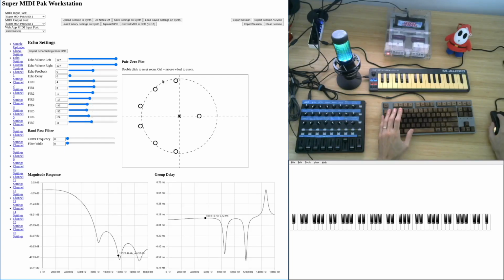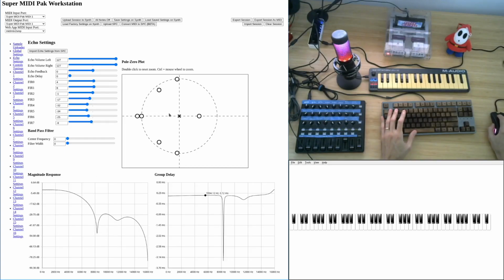So what I've done here is I moved the zeros all to the high frequency components of the frequency spectrum. And that was very simple. That was just very intuitive for me to do. And we can look at the magnitude response, and what we'll see is that the higher frequency components have been attenuated. The maximum amplification here is negative 30 decibels, whereas the lower frequency components of the frequency spectrum all have a relatively higher magnitude. And so that's the beauty of this tool. It allows you to interactively build a filter by just manipulating the zeros.